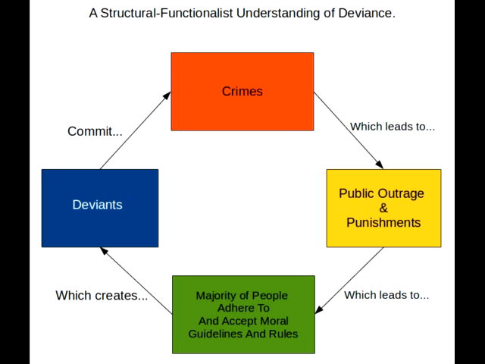To properly understand labeling theory, it is important to have a proper understanding of what deviance actually is. Now, deviance is an action or behavior that violates social norms. It is also seen as an absence of conformity to these norms. So, simply not wanting to conform to a norm that you may not believe in is considered a deviant act. Now, from that, it can be said that deviance in itself is not a bad thing.